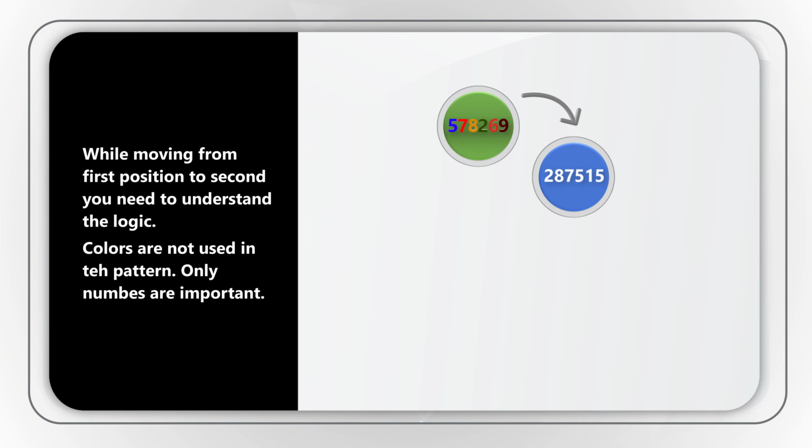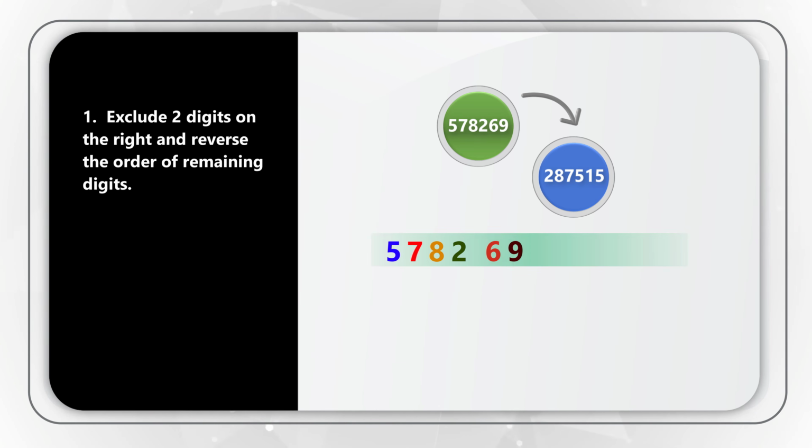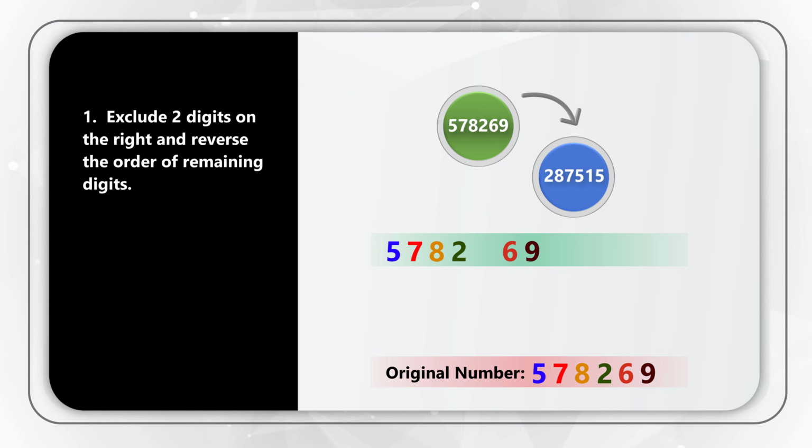And to complete the transformational pattern, we need to do it in 3 steps. Step 1. We need to exclude 2 digits on the right and reverse the order of the remaining digits. For example, original number is 5782 and then 2 digits 69. We separate 69 and then reverse the order, and number becomes 2875, and then we do remaining calculations with the